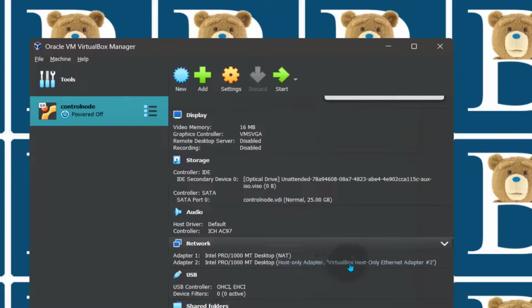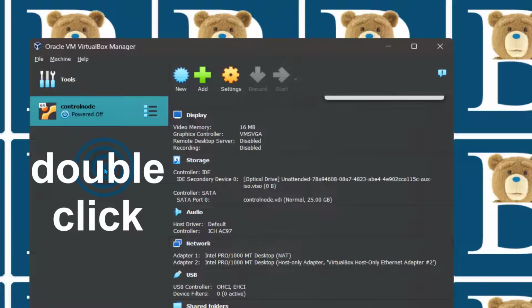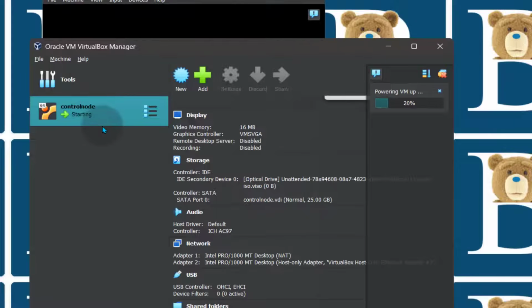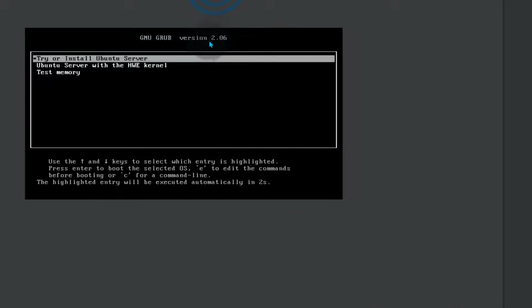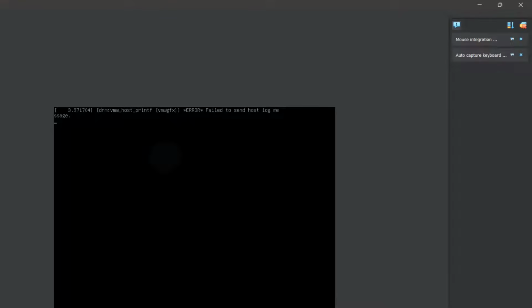So now you can see I have 2 networks that I can attach to my machine. If you don't do this, you're going to get problems accessing the internet, even though you're going to have a private IP. So make sure you just add 2 networks to make your work easier. So after doing that, I can click on it. It's booting the Ubuntu ISO